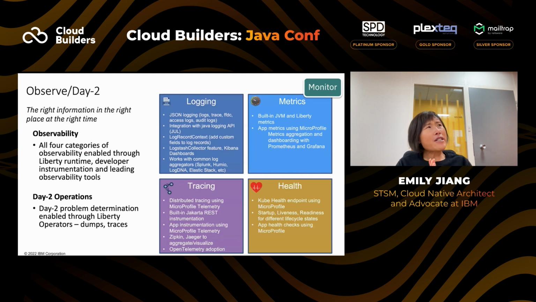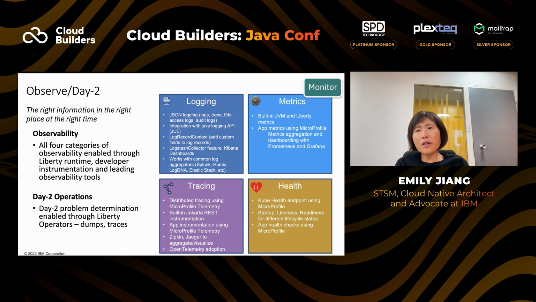And for day-2 operation, with hybrid cloud applications you also need to worry about observability. For observability, there are 4 pillars: logging, metrics, tracing, and health. For health, you need to talk with Kubernetes. Logging, metrics, and tracing are purely for monitoring, to check whether your application is behaving correctly. If something goes wrong, whether you can find out what the problem is. That's with tracing and logging.